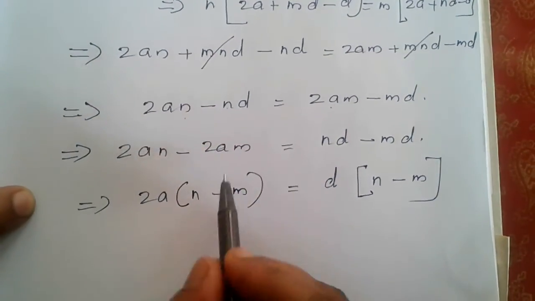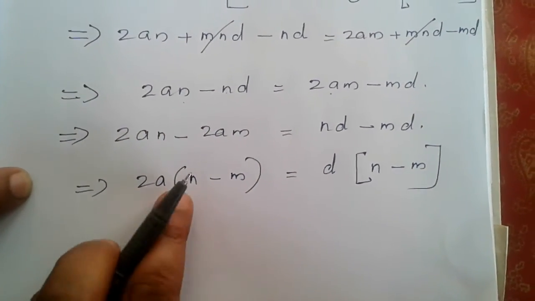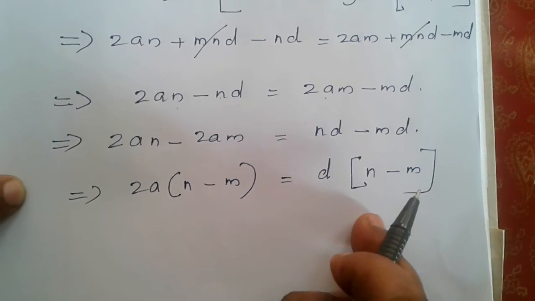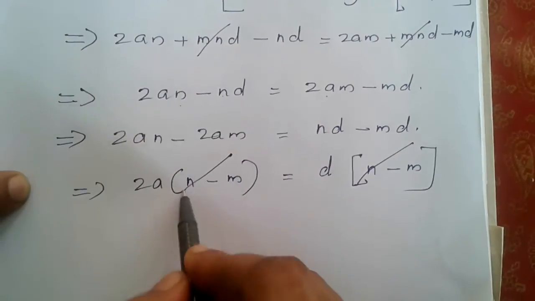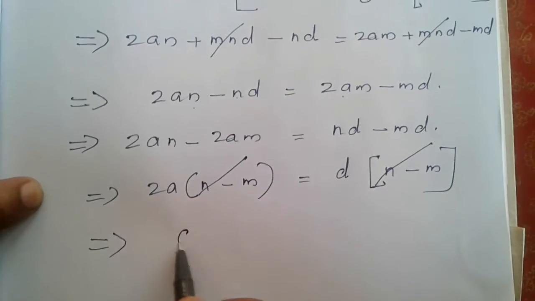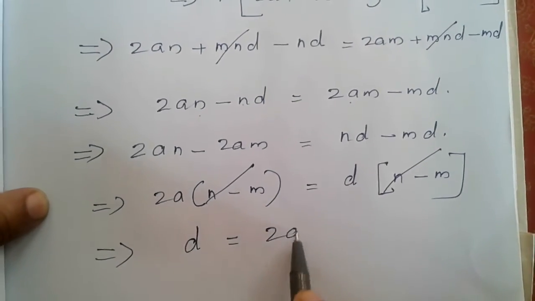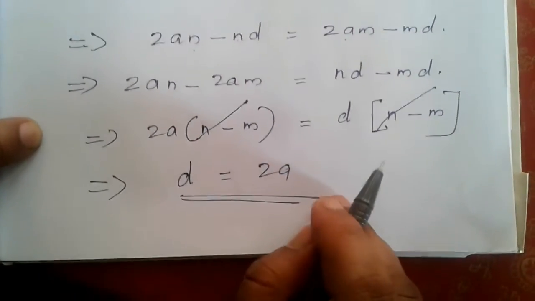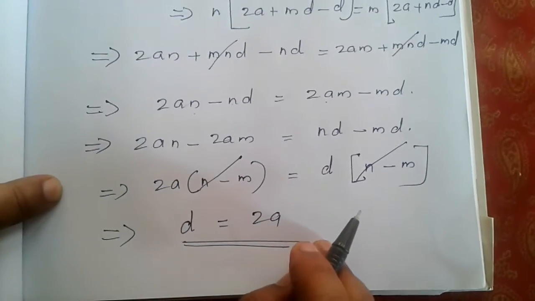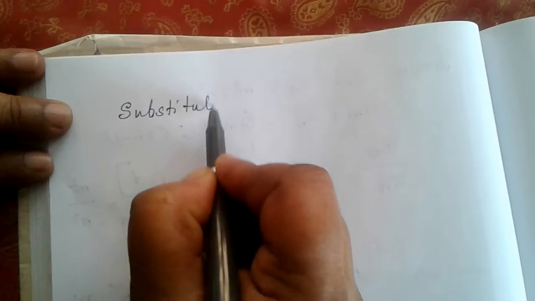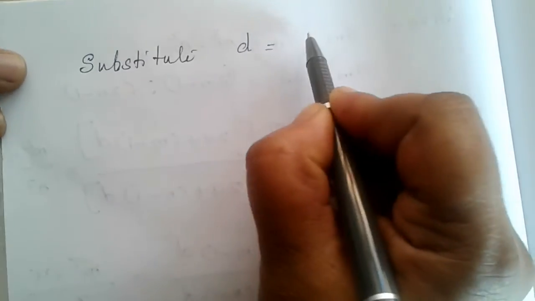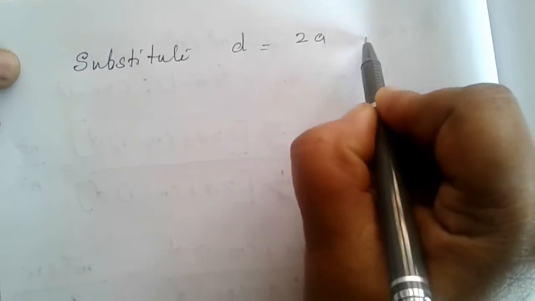Now the common factor n minus m we can cancel from both the sides. So we are getting d equal to 2a. Now substitute d equal to 2a in